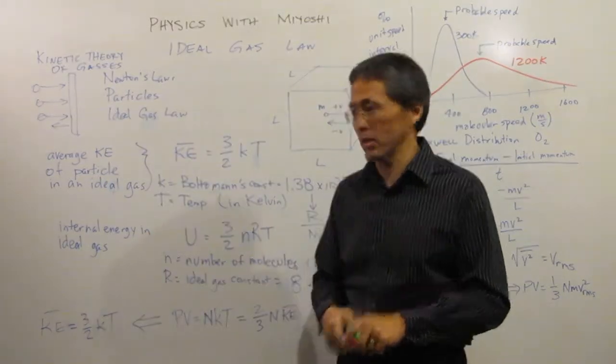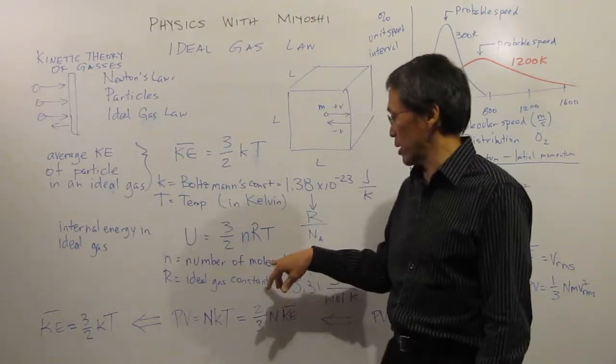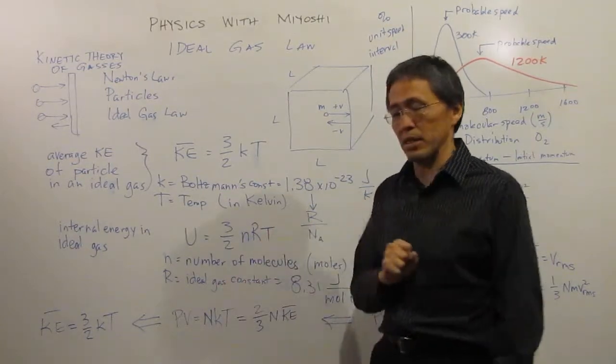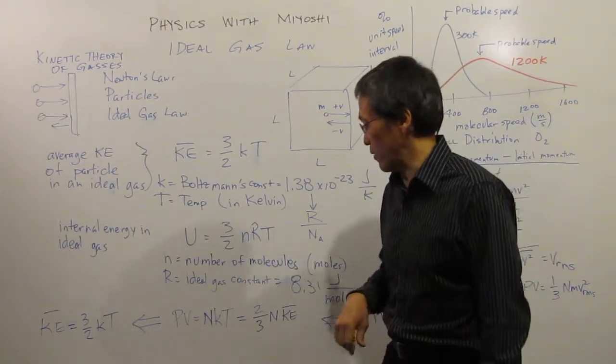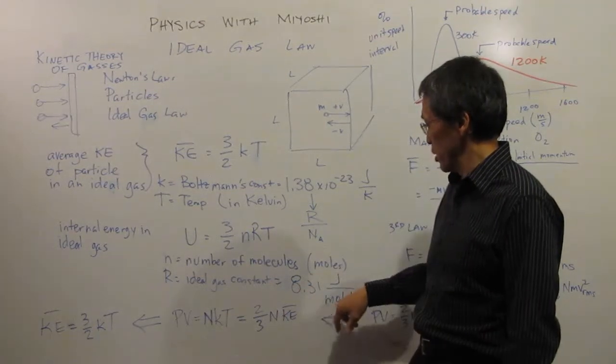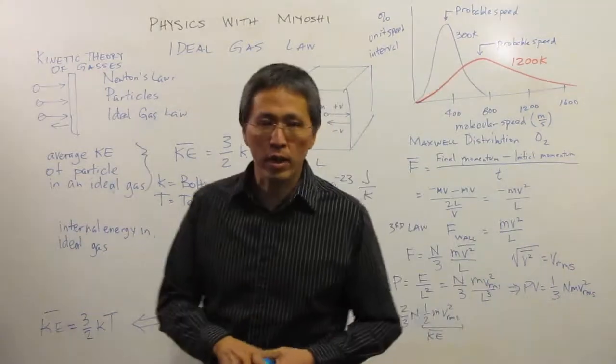The internal energy is 3/2 n, which is the number of molecules in moles, times R, which is the ideal gas constant, times T, which is again the temperature in Kelvin. The ideal gas constant is again 8.31 joules per mole Kelvin. Okay, so if we want to look at the theory behind this,